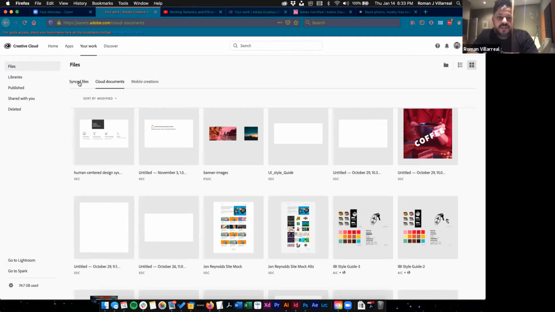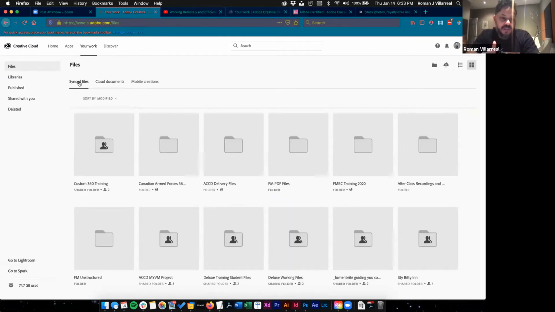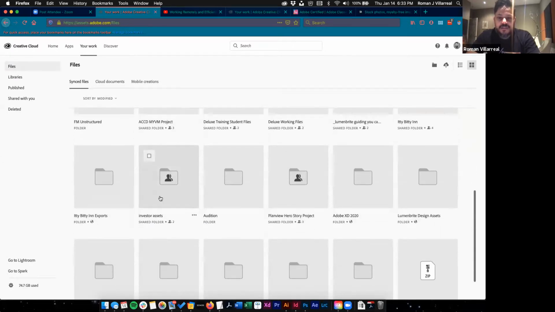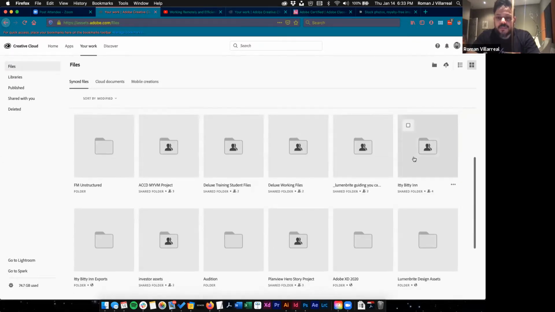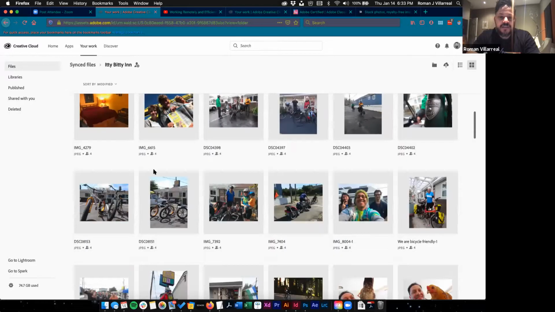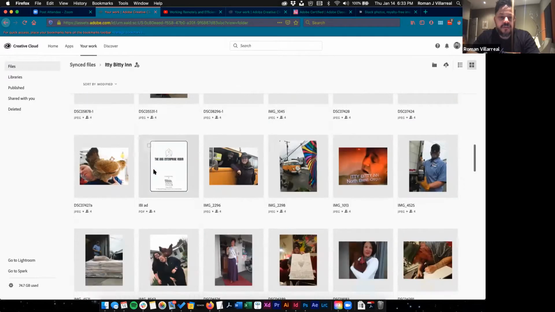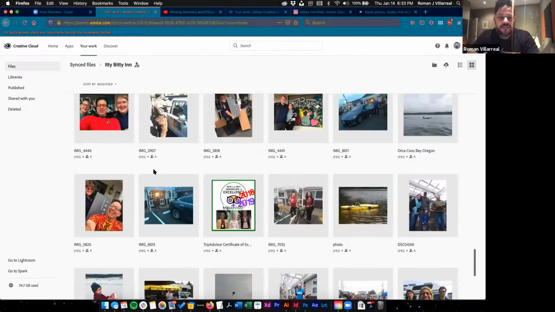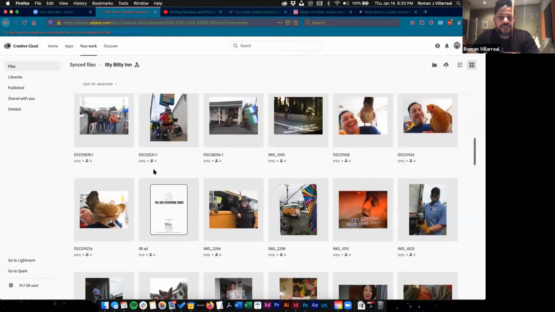So if I go to my synced folder, for example, which again are files that are on my computer, I can come through here and find, for example, this itty bitty folder. And in here, I can see all the different assets. These are things that I've uploaded: photos, Illustrator files, InDesign files, whatever. And we're going to see some of those. But essentially,